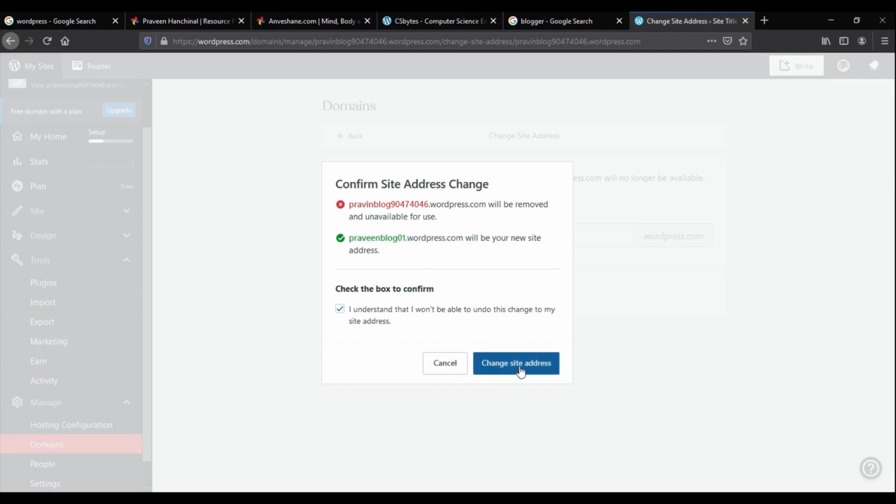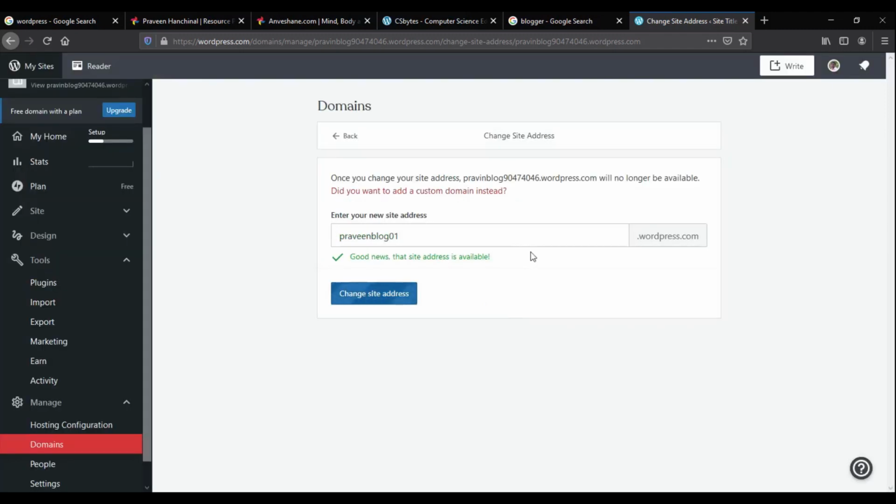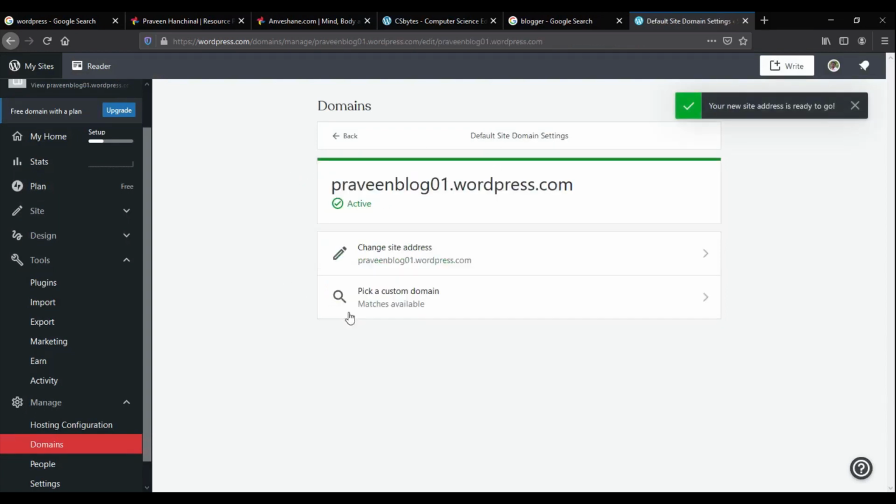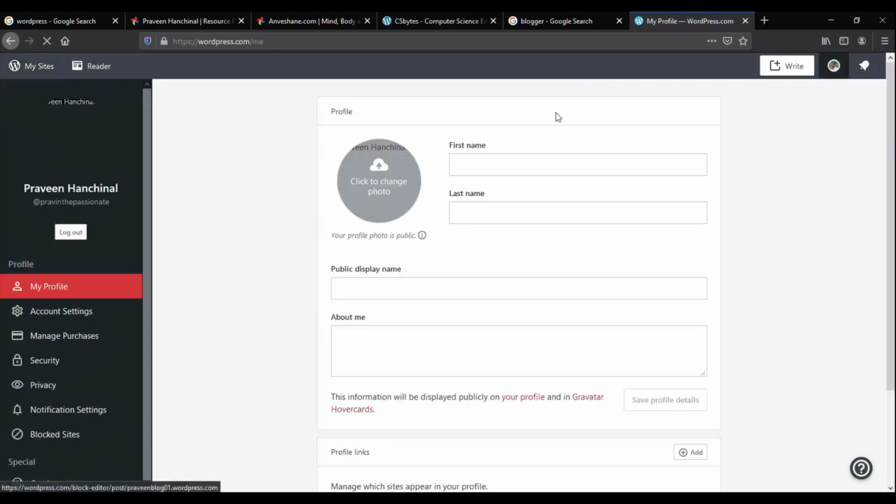Now click on change site address. After a moment, your site's new address is ready to go. Now it is praveenblog01.wordpress.com.